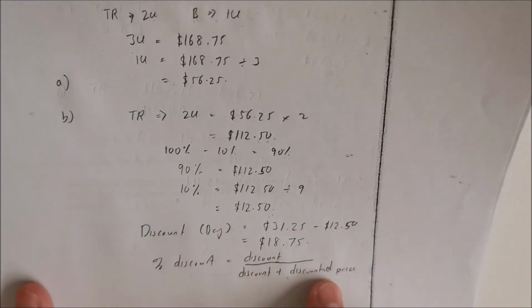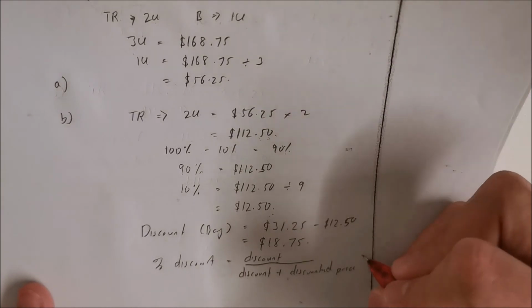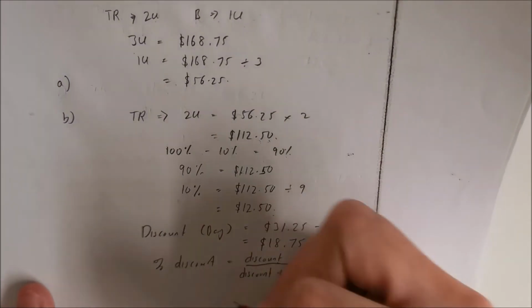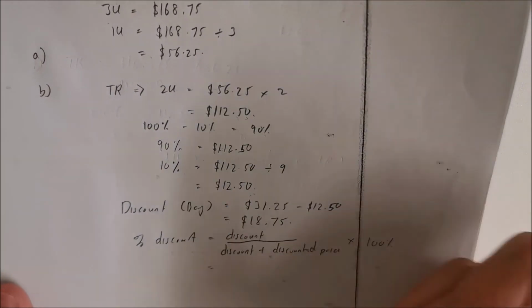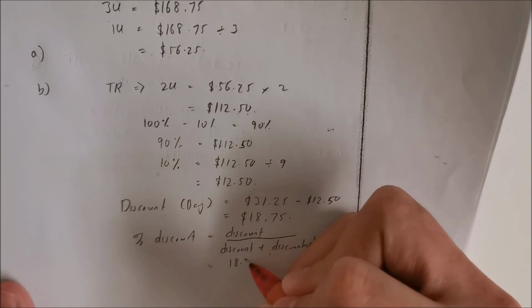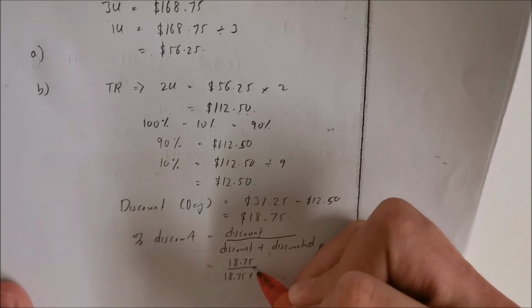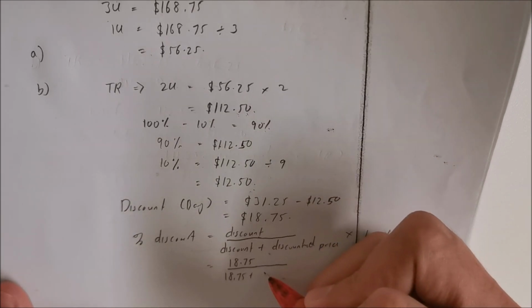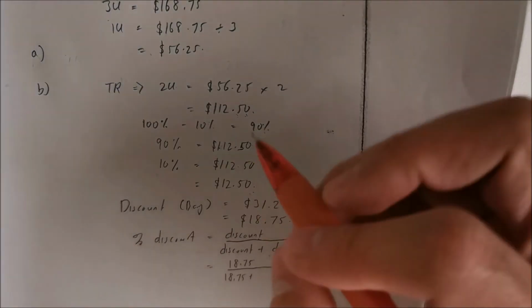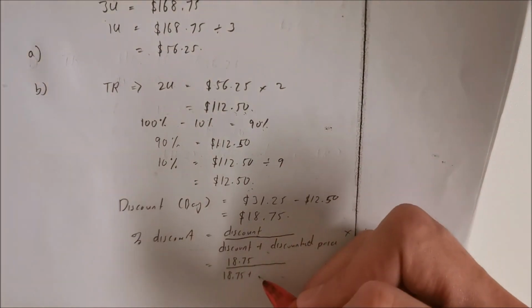So discount plus the discounted price, I will get back the original price, and I times 100%. So in this case, it will be $18.75 over $18.75 plus the discounted price, which is $56.25